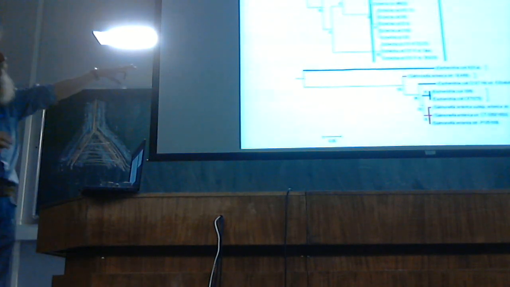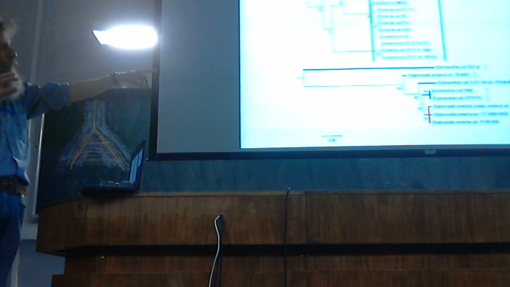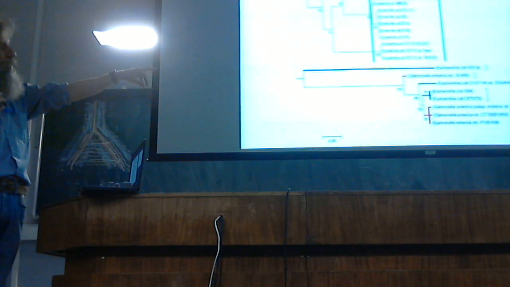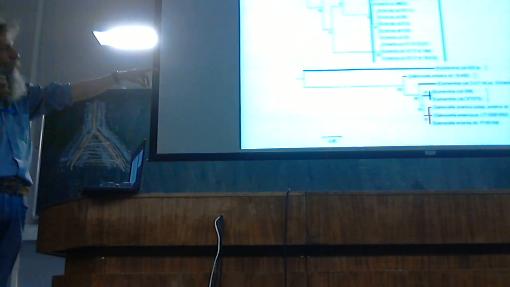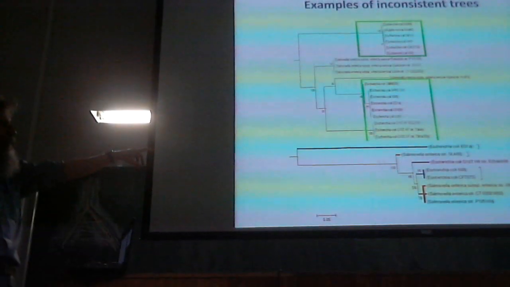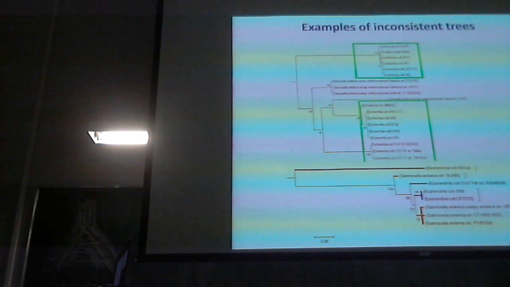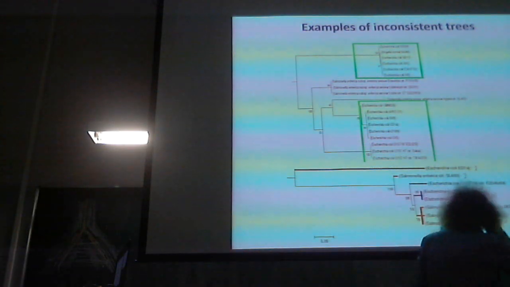These are rooted trees, but it doesn't matter. The point is that you may assign the root to any internal node or any internal branch of this tree, and you still would not see two distinct monophyletic clades consisting only of Escherichias and only of Salmonella. For instance, for this tree,